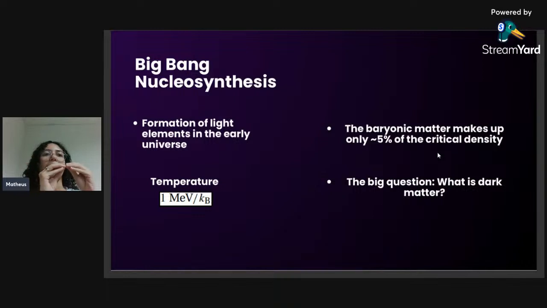For example, for a flat universe, the critical density is approximately 1. And we can take this critical density and relate it with the energy of the universe, and this will